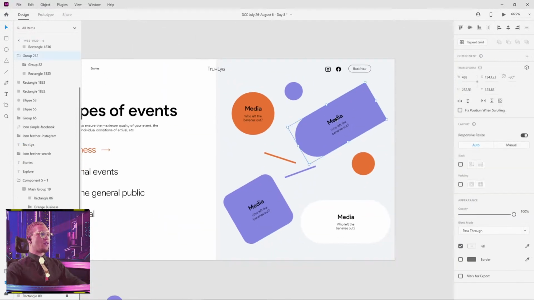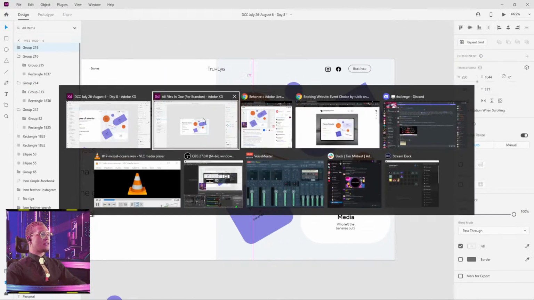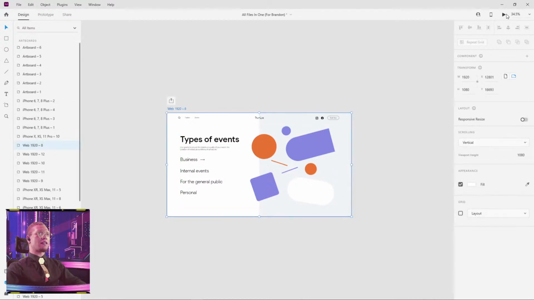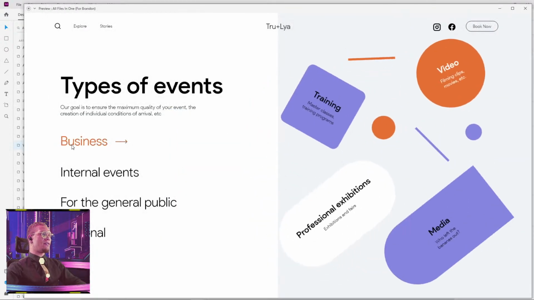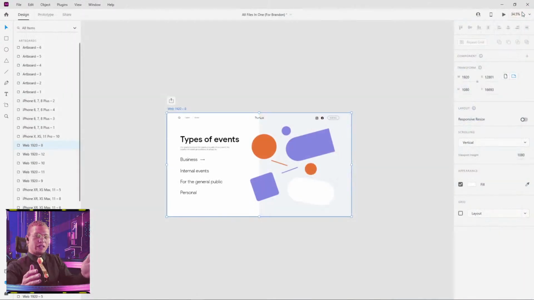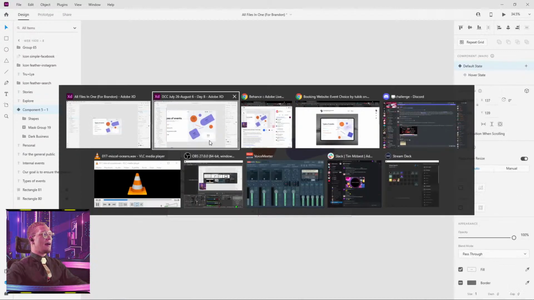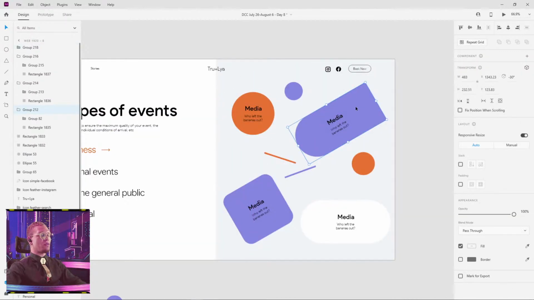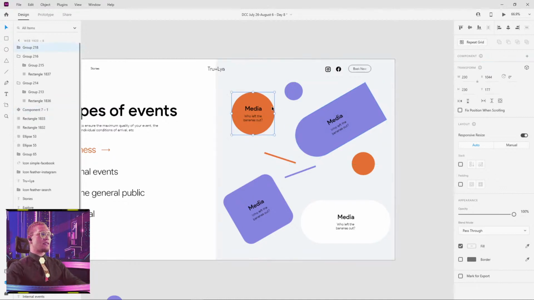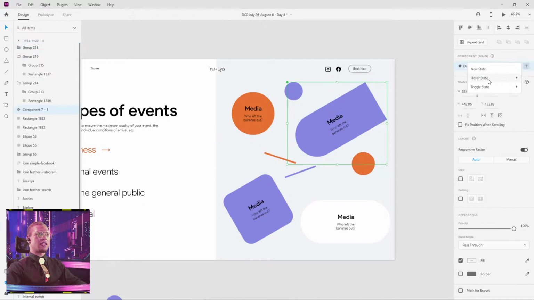All right, so if you guys noticed with this, there's nothing here until we hover. So what exactly do we need to do? We need to make components for each one of these shapes. So what we're gonna do is press Control K, and we have our default states, and we're gonna just make a hover state for all of them.